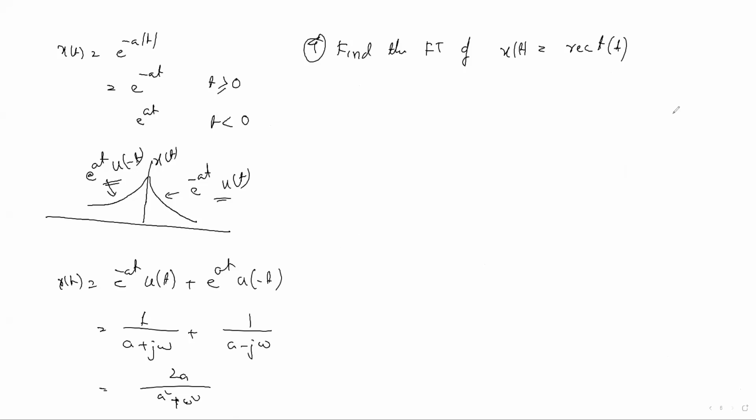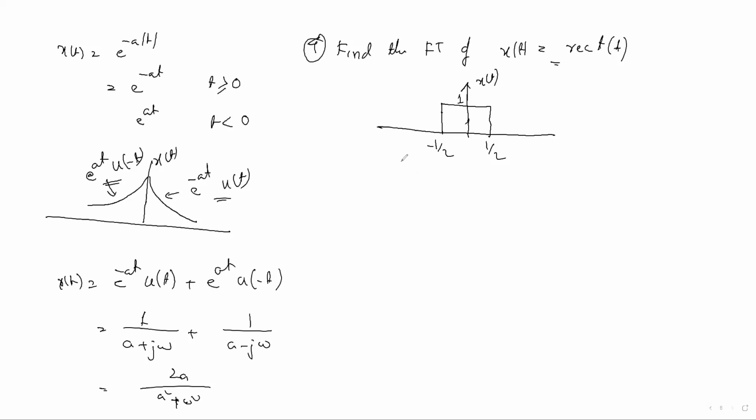What about a rectangular signal? We know that rect t is represented like this. Can anybody say what is the limit range of this signal? This is the signal for rect t. Amplitude is 1, and only t is there, that's why it is from minus half to half. That range you should remember.